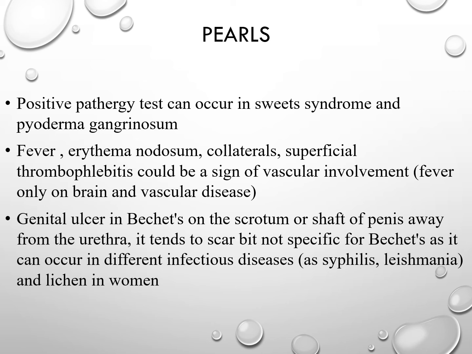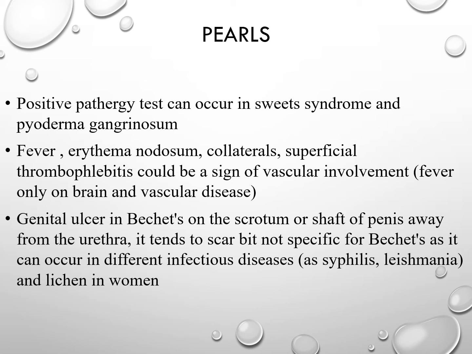Also, a positive pathergy test can occur in Sweet syndrome and pyoderma gangrenosum. Fever, erythema nodosum, collateral with superficial thrombophlebitis. Please think about ongoing vasculitis of the head and vessels and large vessel vasculitis, specifically pulmonary aneurysm. Genital ulcer in Behçet's could be on the scrotum, shaft of the penis, but it is away